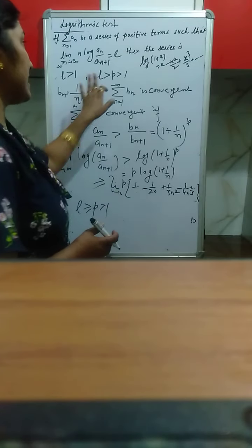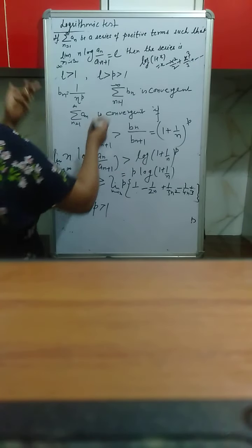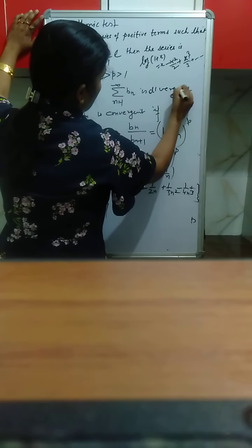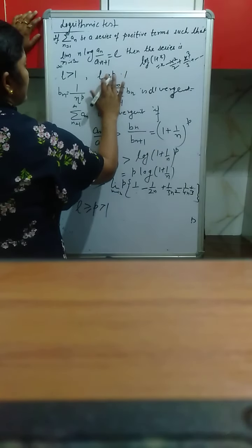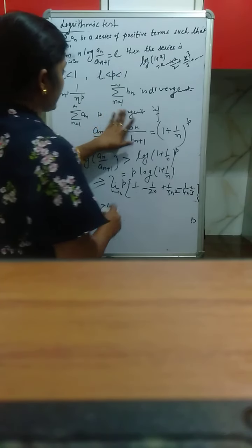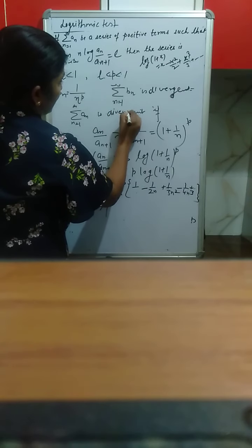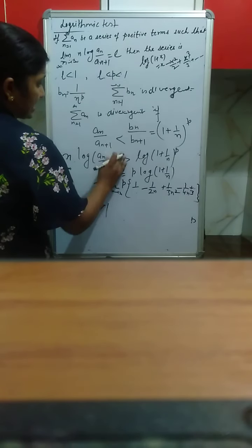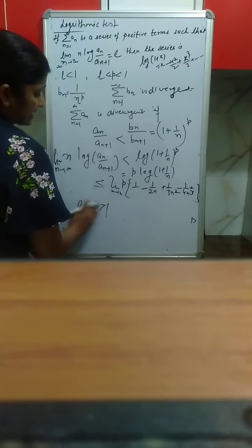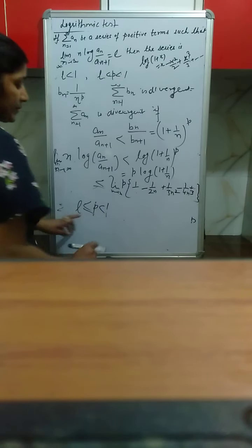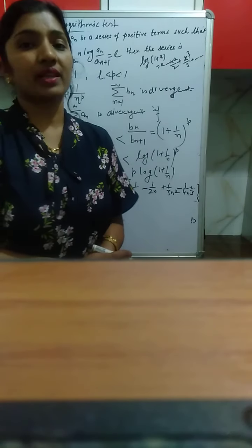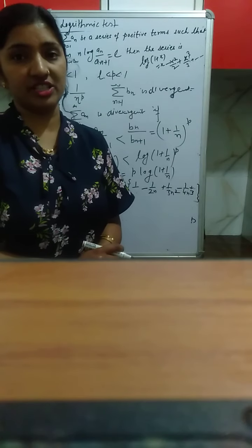Similarly, when the case is L less than 1, this will be divergent, because the hyperharmonic series is divergent when L is less than P less than 1. This is divergent by comparison test, again sixth form, if this will be less than, all the inequalities get reversed. Here it is less than equal to, here it is less than equal to P, which is less than 1. So in the case L is less than 1, the series is divergent.